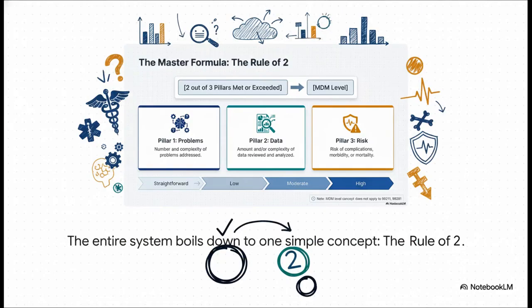Okay, for just a second, forget trying to memorize every single little detail. If you only take one thing away from this whole explainer, make it this. This is the master formula. The entire system, and I mean all of it, boils down to 3 pillars: problems, data, and risk. And to figure out your final MDM level, you only need to meet or exceed the criteria for 2 of those 3. That's it. It's the rule of 2, and it's going to be our guide for everything we talk